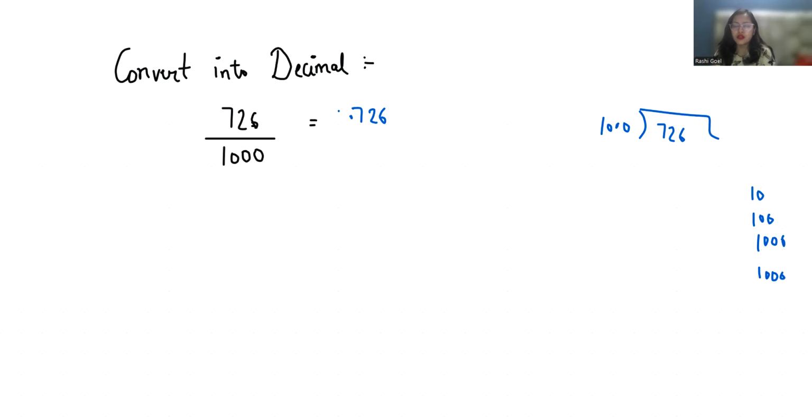So the easiest way to write the decimal is to just count the number of zeros and put the decimal before it. If there is 1 and if there is 2, 3 and so on, then you have to go with